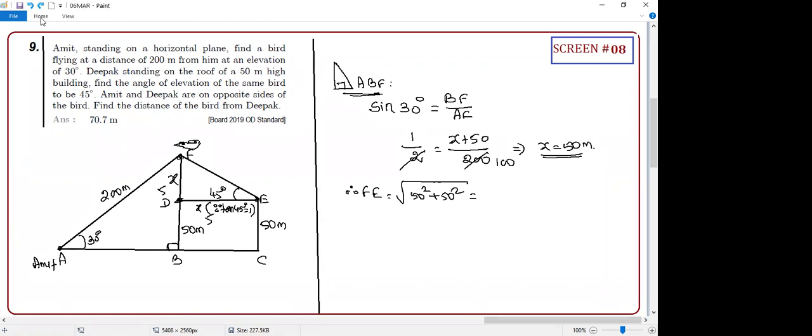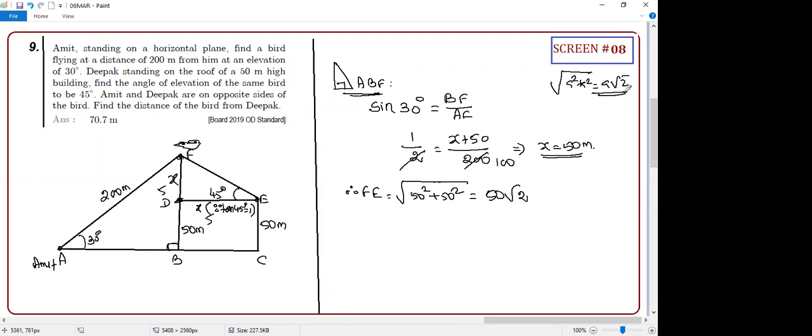Yes, okay, you got the answer. Guys, instead of that, you can do it this way also. From 50 square plus 50 square, you can take 50 out. So 50 root 2 final. This is actually a shortcut. You can say this is a mantra you should know: root of a square plus a square equals a root 2. Clear or not? 50 root 2.